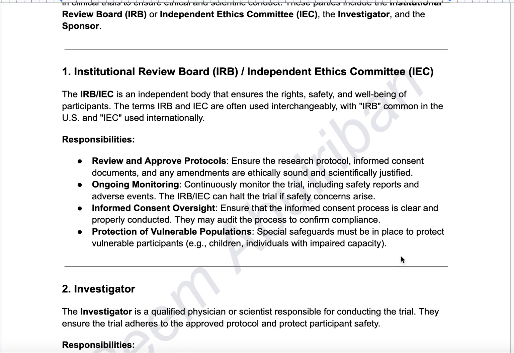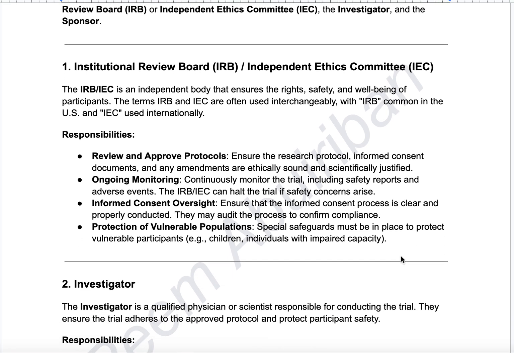So first, let's talk about the Institutional Review Board and Independent Ethics Committee. The IRB or IEC is an independent body that ensures the rights, safety, and well-being of the participants. The terms IRB and IEC are often used interchangeably, with IRB common in the USA and IEC used internationally. What are their responsibilities? Review and approve protocols: ensure the research protocol, informed consent documents, and any amendments are ethically sound